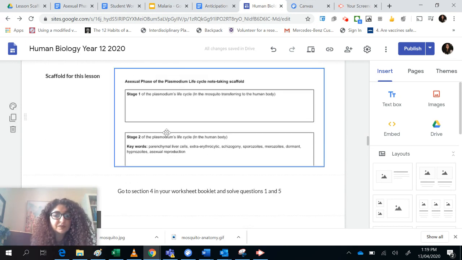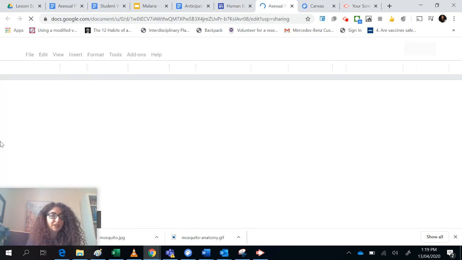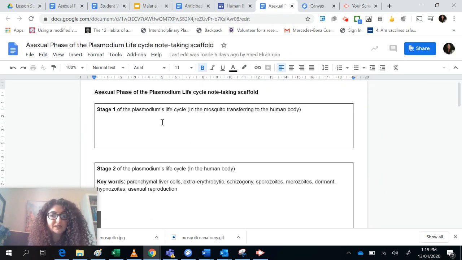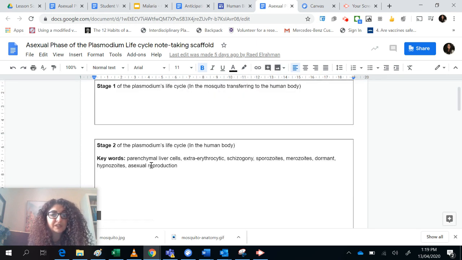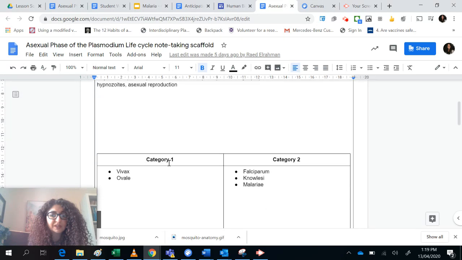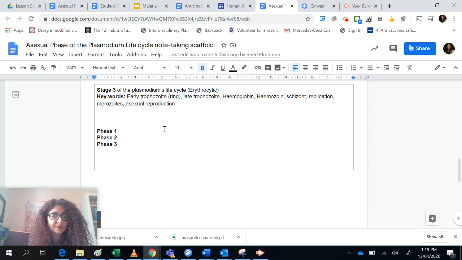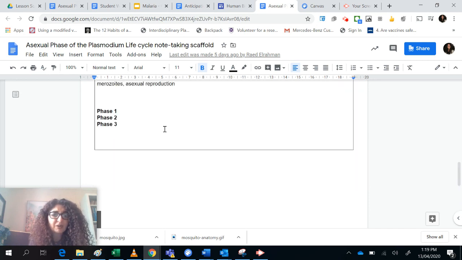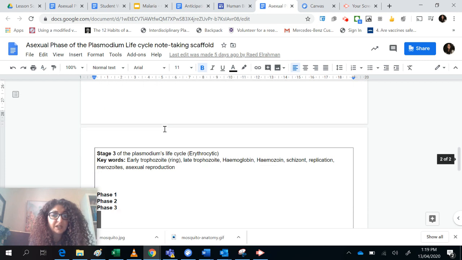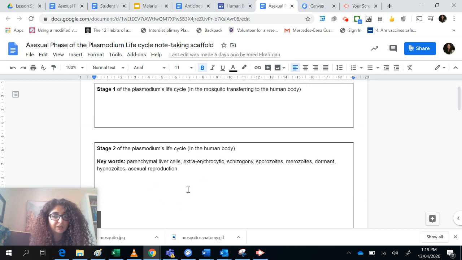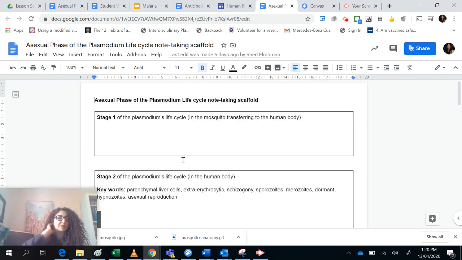I've also produced a scaffold for you here. Let's open up this scaffold as well. If you find that you're struggling to understand the concepts, over here I've put what's happening step by step. So if you wanted to take notes so that you understand what's going on, you can use this to identify the asexual phase of the Plasmodium life cycle. There are only 3 major phases that I've put here. These are the erythrocytic here. Over here, we've got the extra-erythrocytic, and that's just the very first one, which is where the sporozoites are in the actual